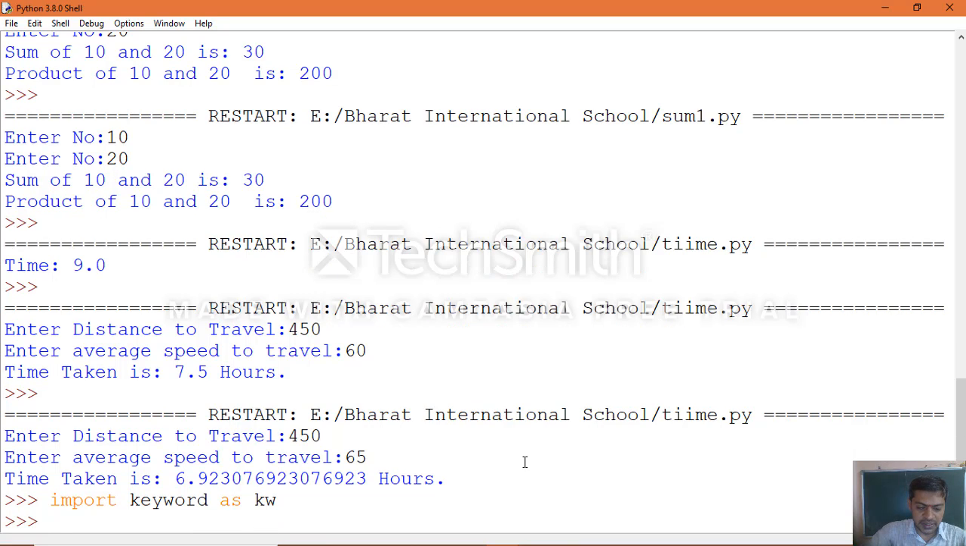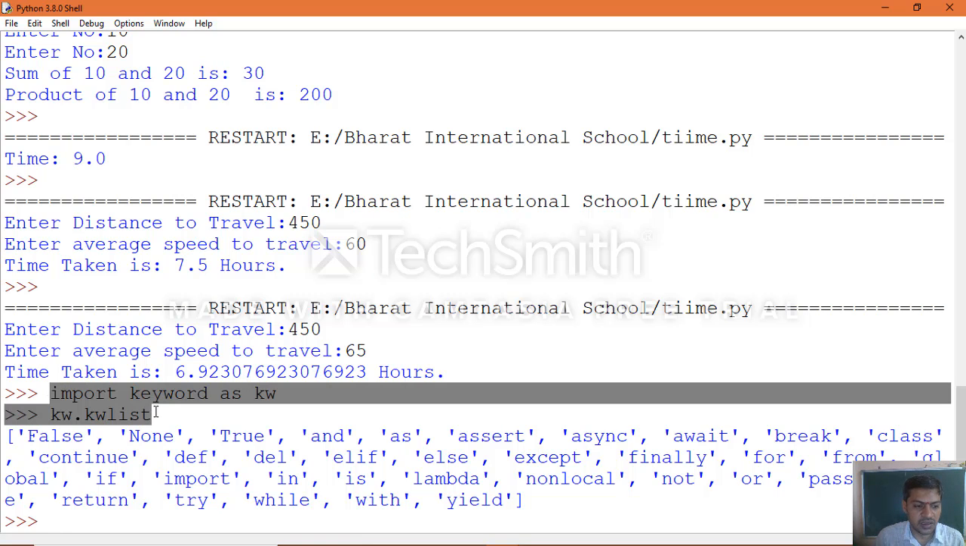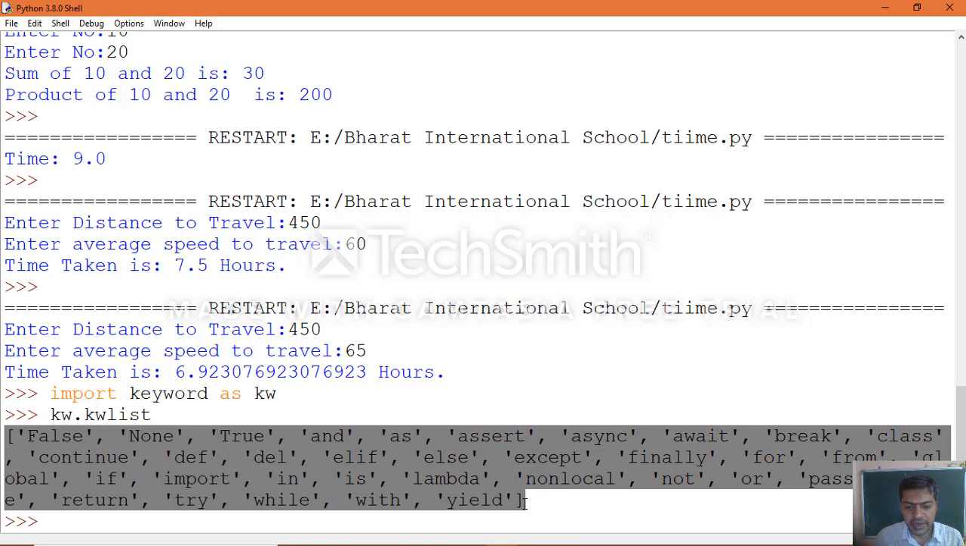Just print now kw dot kwlist. Yes, you can see here all the predefined keywords displayed the moment you execute these statements. These are the keywords given in our textbook. So to see all the predefined keywords of Python programming within the interactive mode, you must make use of